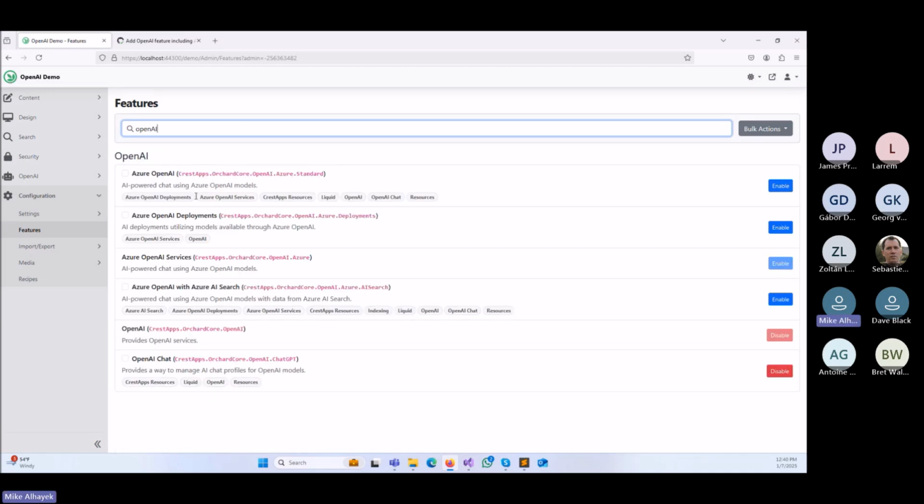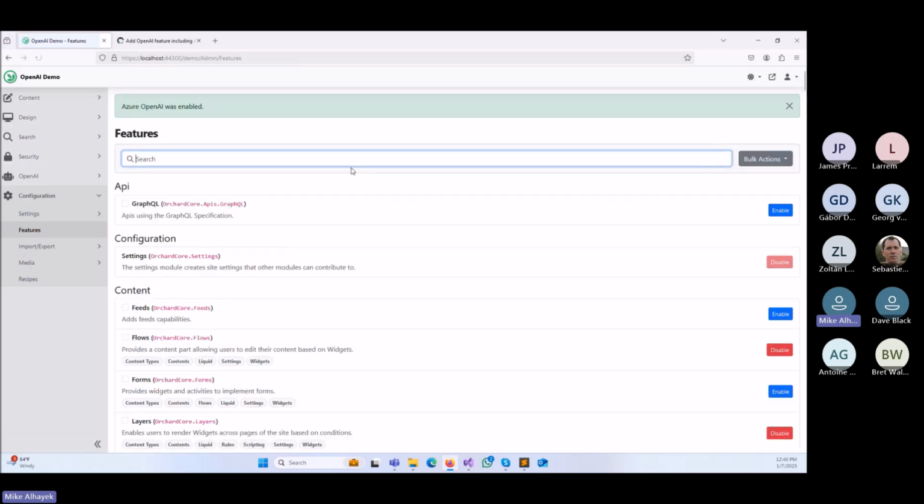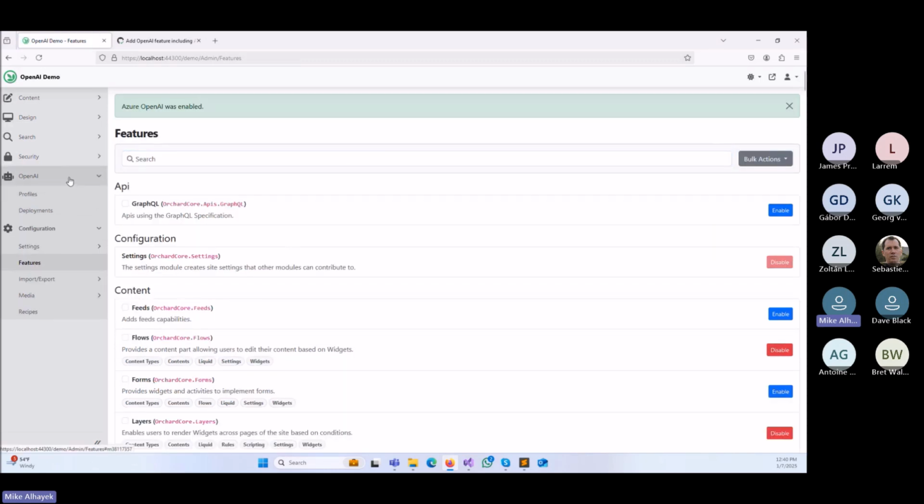If I search these up, you'll see there's more features. And I want to enable this one. This one is an OpenAI implementation on Azure. So it's utilizing the Azure OpenAI services as the source for the OpenAI implementation. If I enable this, I can go here and now I can go